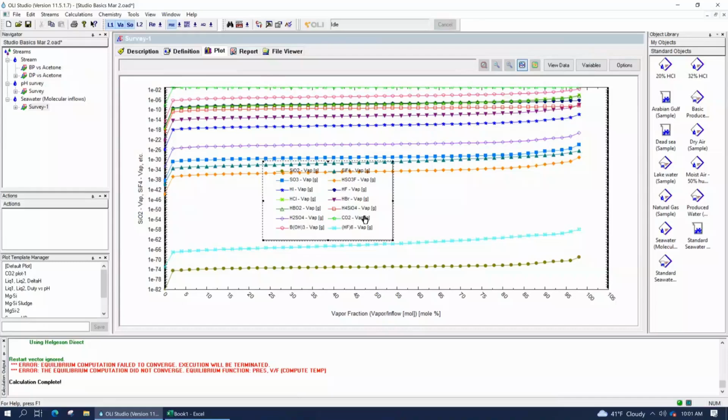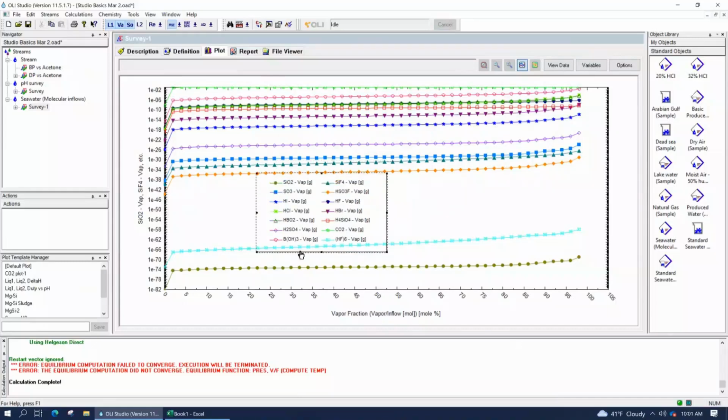But just to show you how low they are, remember I said there's silica in the vapor phase? Here's my silica right here, SiO2. 10 to the minus 73 moles of silica here, or grams rather. That's kind of like 1 atom per Earth kind of concentration.